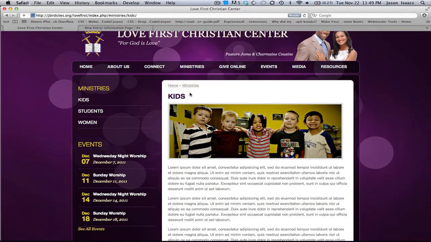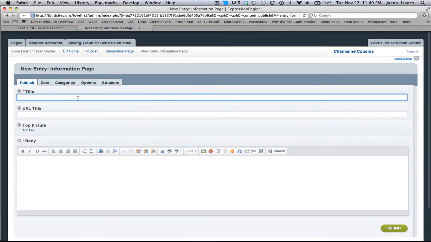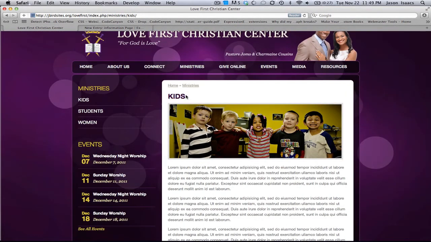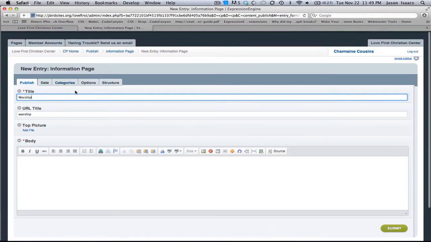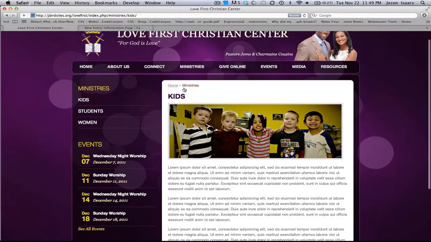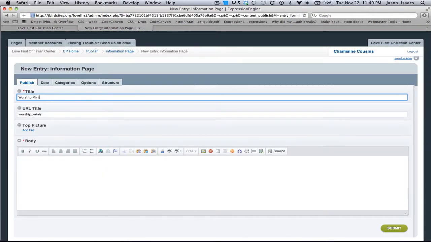So let me show you where this is at. We've got kids. That's going to be our title. So we would type right here worship, and that's going to show up right here. Now, if I type worship ministry, then once I hit submit, this will say worship ministry. I'm going to keep with just worship because that's how we did kids. You'll notice that as I'm typing,